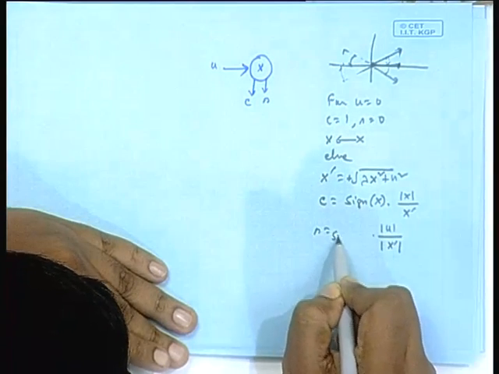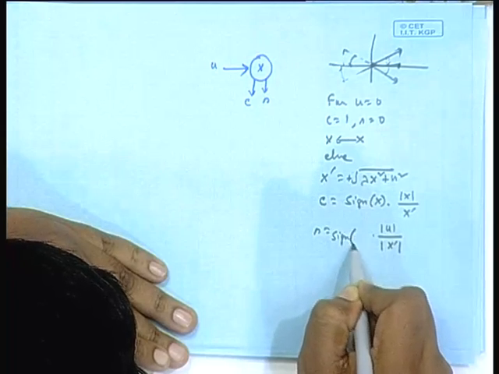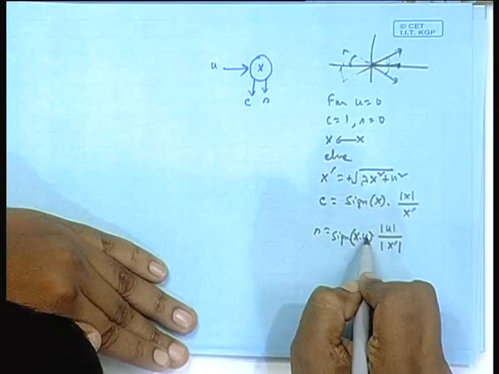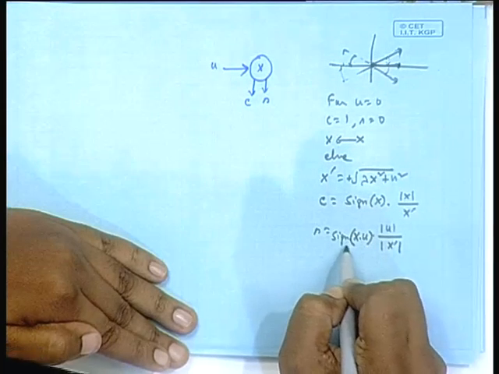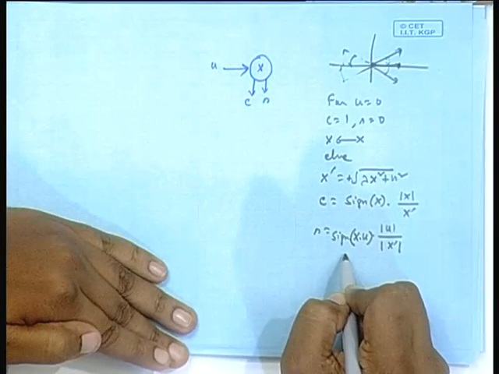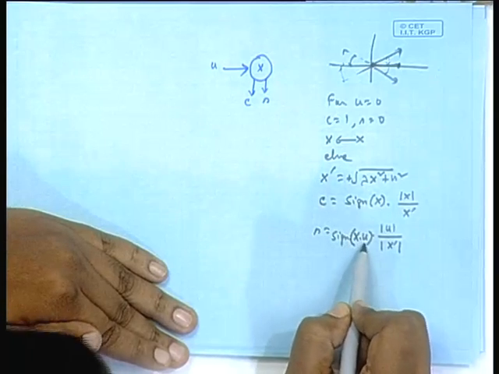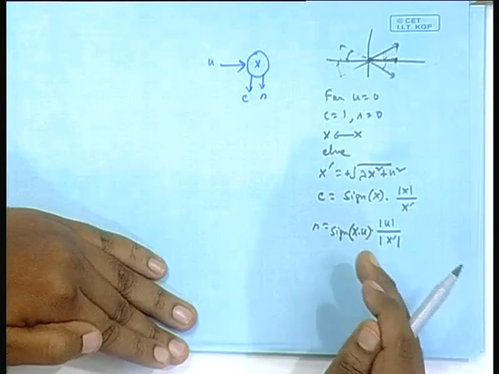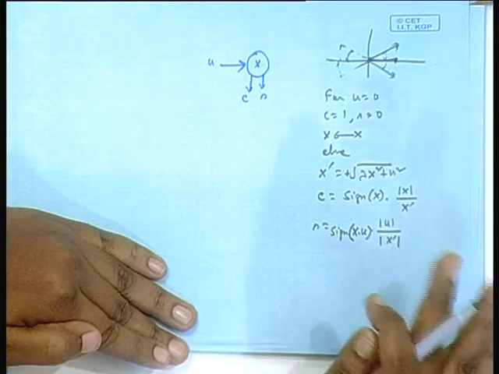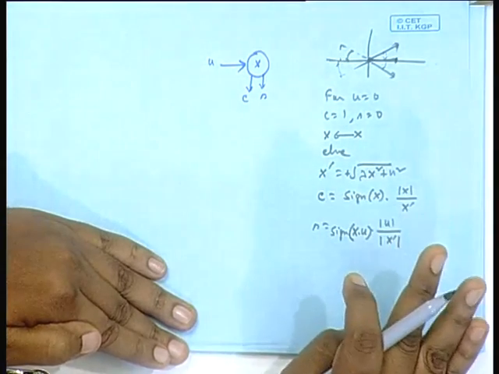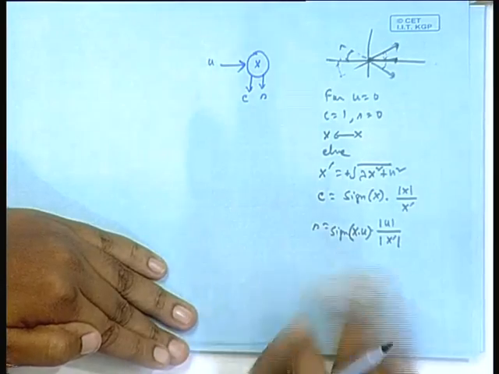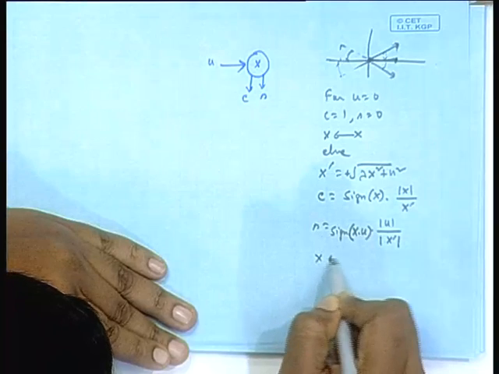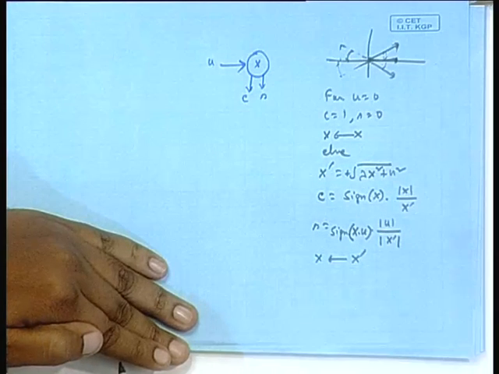So, this is sign of, if you take the product x times u, when both are positive or both are negative, either case sign will give you plus. Do not think that in hardware you really have to multiply the two and take the sign. Sign of AB is sign of A into sign of B, which is actually a logical AND operation. Okay, I am not writing all that. This you know, this is elementary hardware. This is S, and then x will be replaced by x prime.